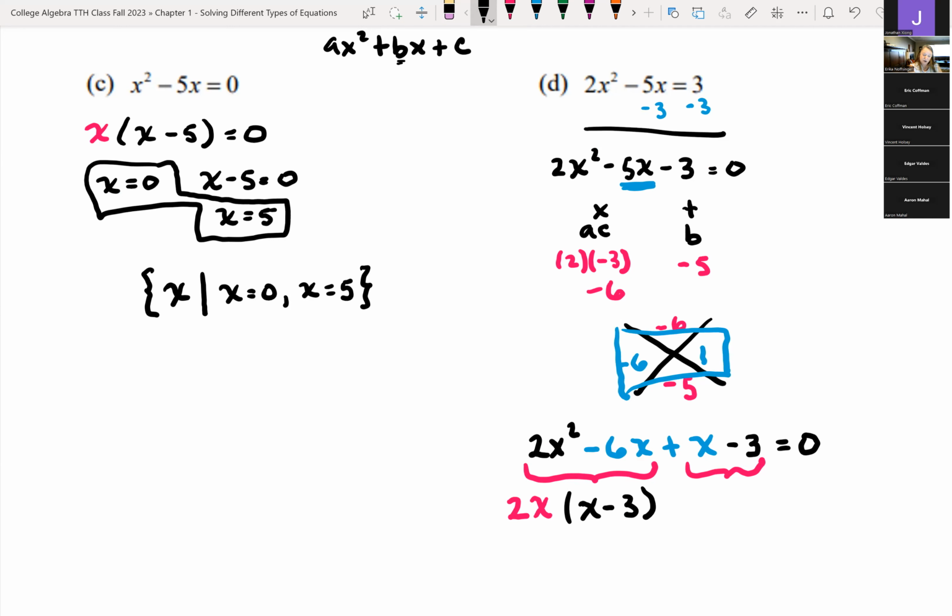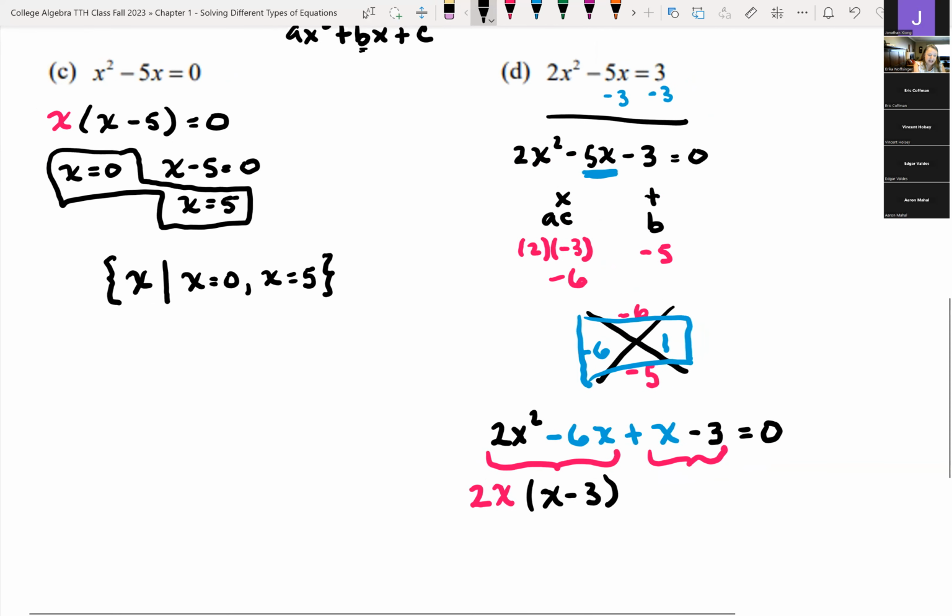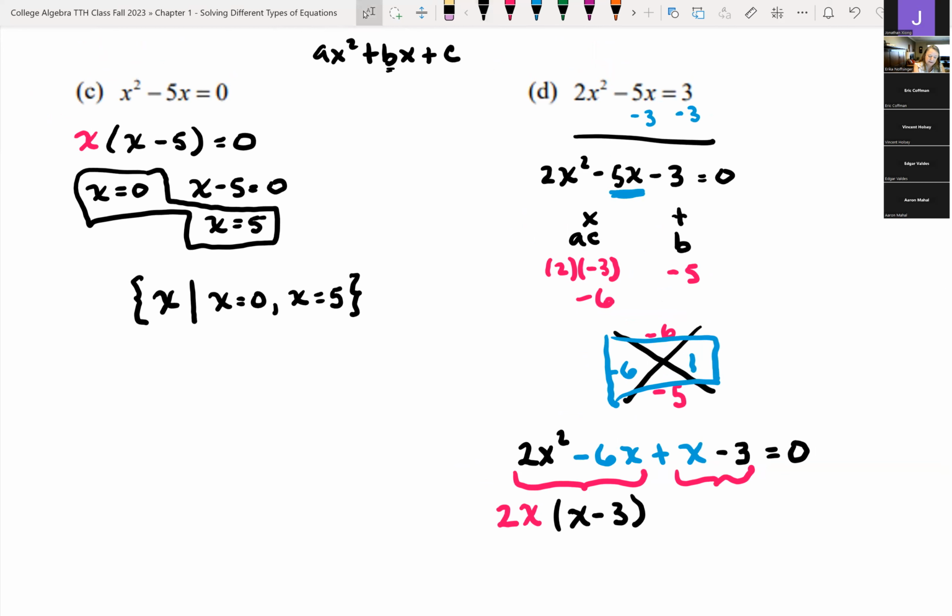Notice the last 2 terms, x minus 3, they don't have anything in common. Our goal is to get what's inside the parentheses the same. And so think of it as you're pulling out a positive 1. I'm going to write that 1 there. I normally don't, but I think it might help you see it